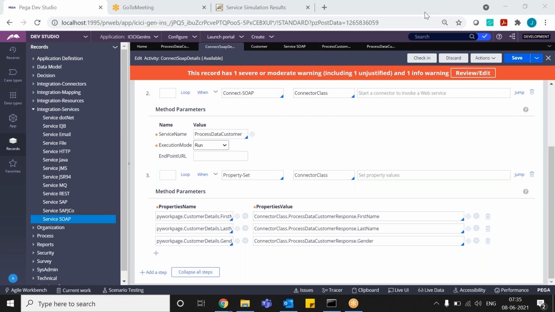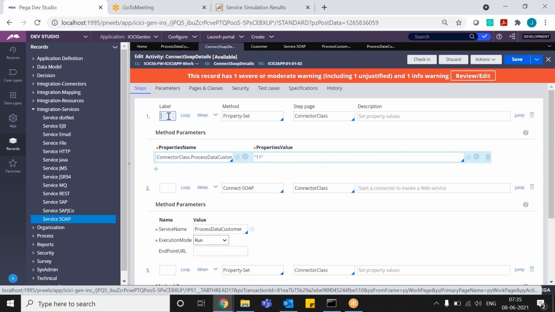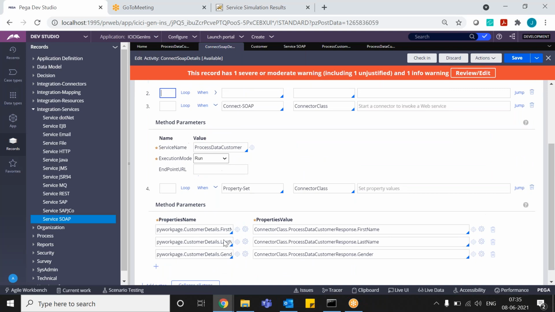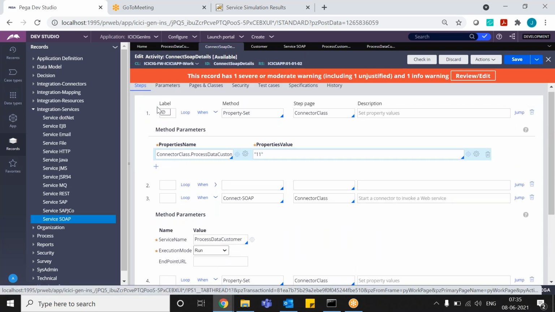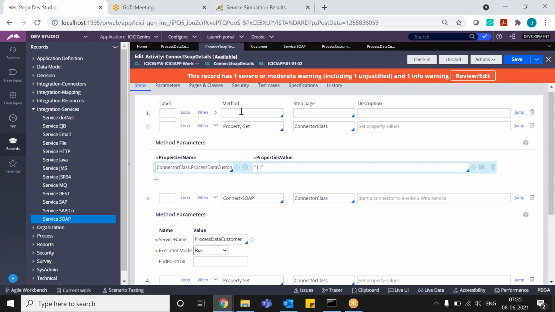Sir, what should I perform, sir? Connector? Yeah, add first step and do page new for that connector class. Okay. Insert new page new. Okay. So that connector class you do.